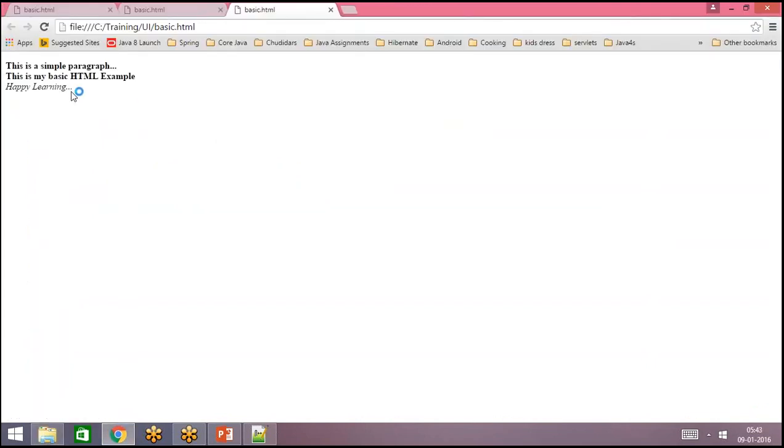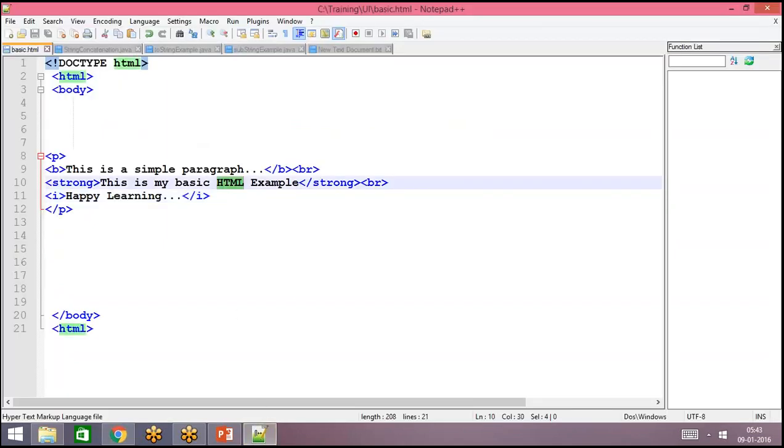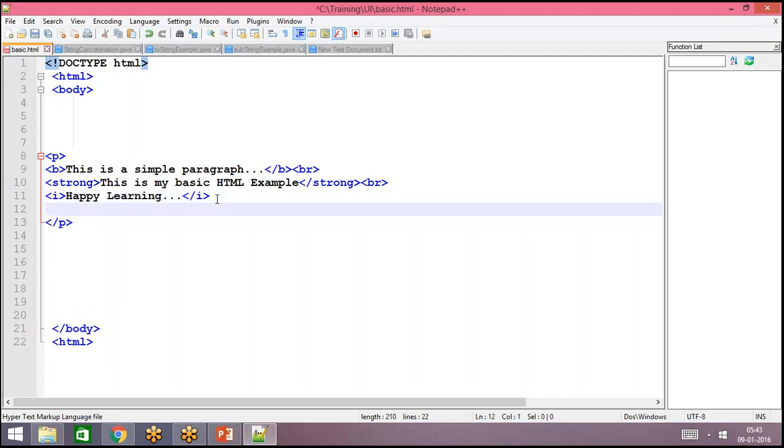For the same statement, I'm going to use emphasized text. To show the emphasized text, we'll use the element em.